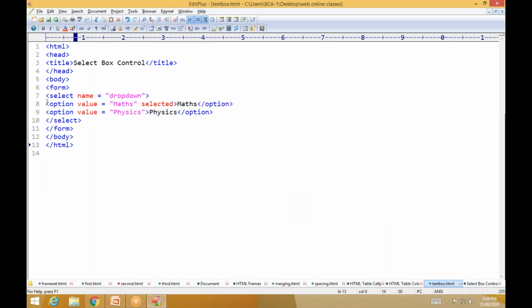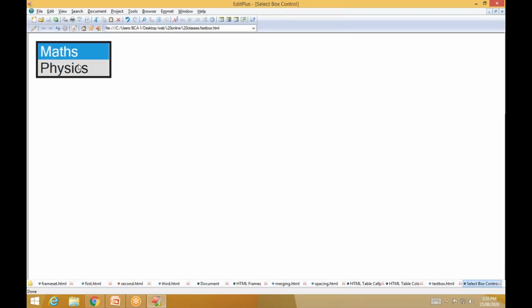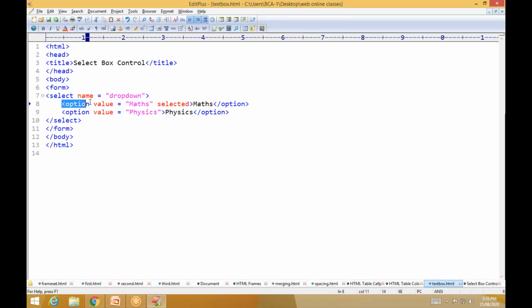So how to write a select drop down list? First you have to write a select tag, and it must be opened and closed. Name, that is drop down. That is optional, but when you are creating a database, you must use the name. These are called options, the options which you want to select. For that there is the option tag, and within the option tag you write value is maths, then selected.